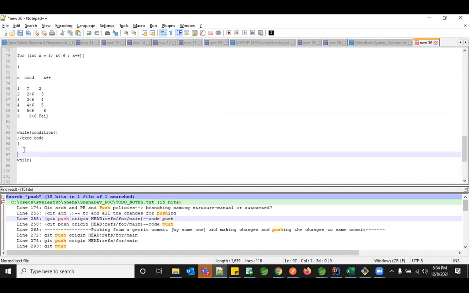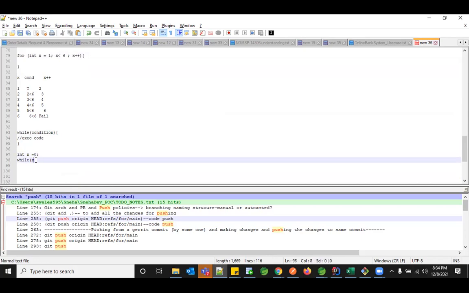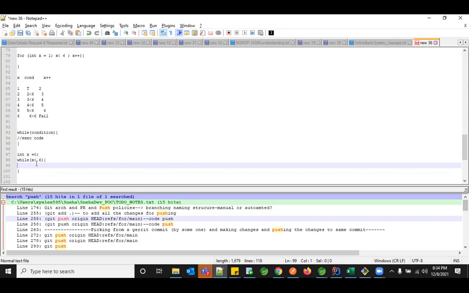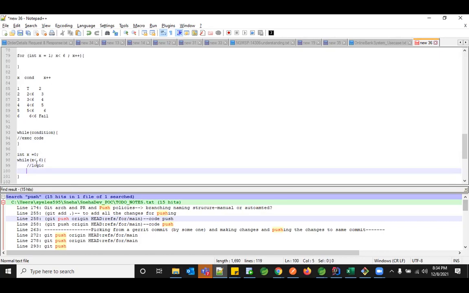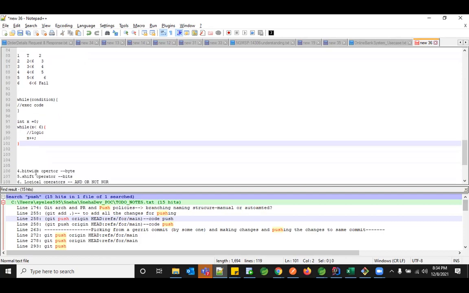But I need to initialize it, right? So what I'll do is initialize the value outside my loop, x equal to 0. And here I just give x less than 6. And within that, I need to give my supporting condition. I can give the supporting condition after my logic gets executed, as x plus plus. So the same for loop, whatever you had given, we are actually segregating into 3 pieces. You're initializing in the first line, giving your condition in the while, and giving your post-supporting execution within the while loop. So this is the syntax for your while block.